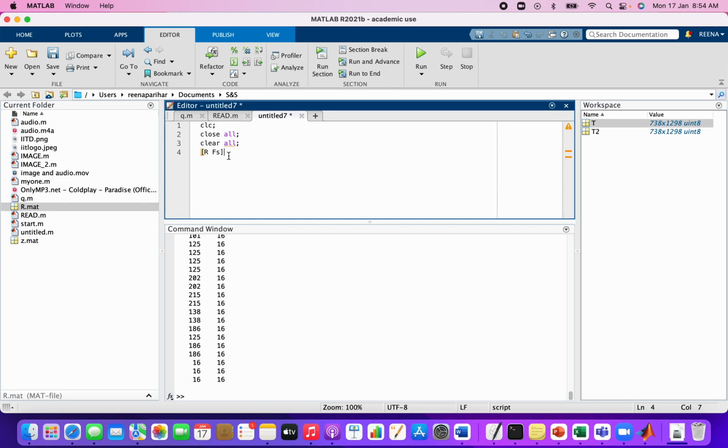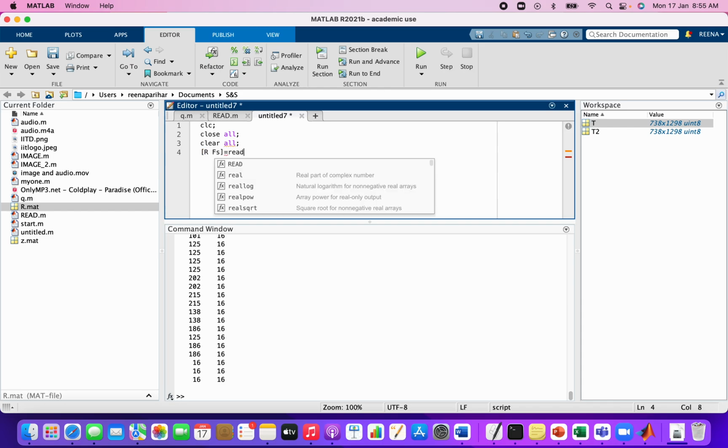MATLAB deals with matrices, so it is going to convert your analog signal into a digital one. To convert a signal from analog to digital, you should have a proper sampling frequency. Otherwise, you won't be able to extract the proper signal. And to extract the data properly, your Nyquist criteria should be satisfied.